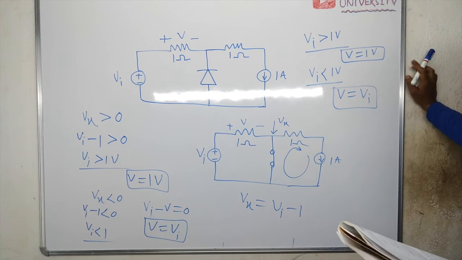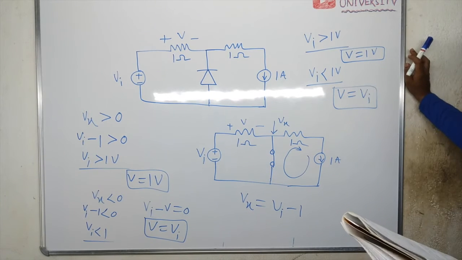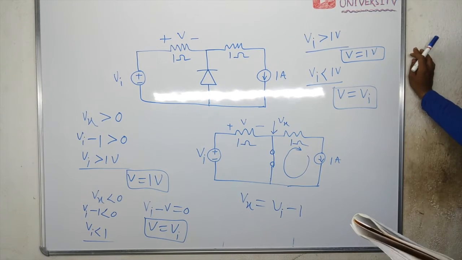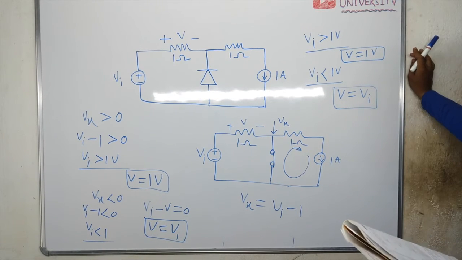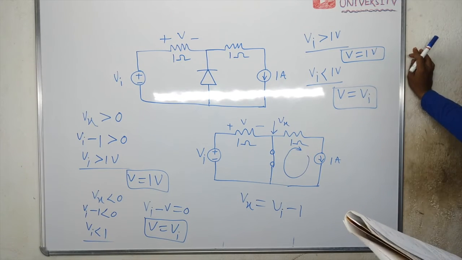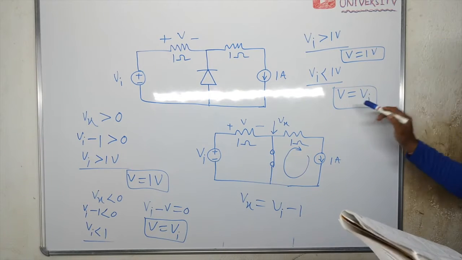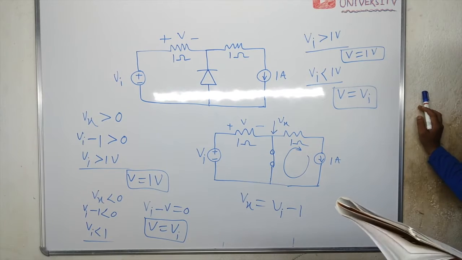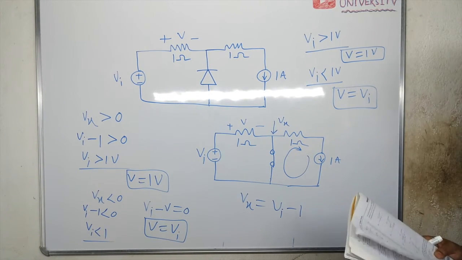And if you move to the second condition, if Vi is less than 1, let us assume some 0.5 volt. Then in this option, the minimum value between Vi and 1, with Vi assumed to be 0.5, what is the minimum value between 0.5 and 1? Answer is 0.5. So B is 0.5. So the answer to the question is option A.